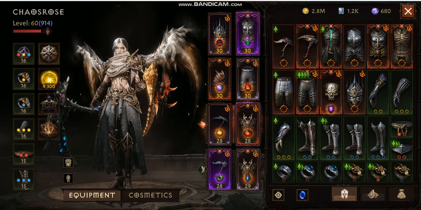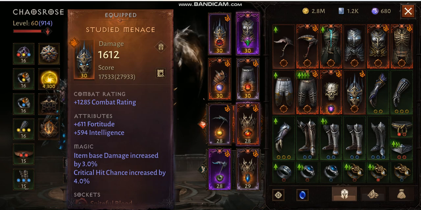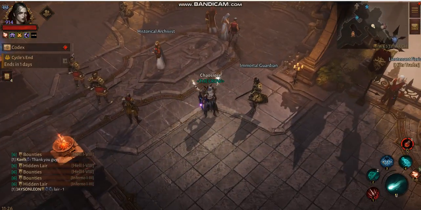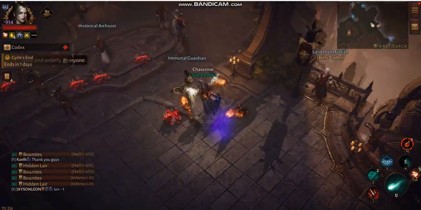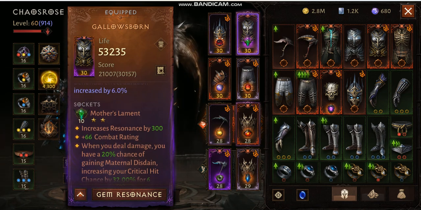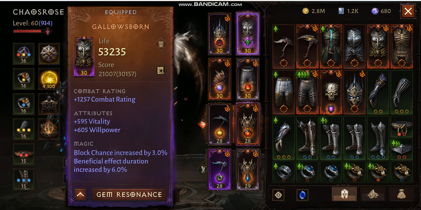So how does this address the current Necro issue? As you can see, the only reliable CC that you have is Wraith form. But the thing with this Wraith form is this build requires you to have the awakening gear of the chest piece and the weapon. So what is this? The chest piece